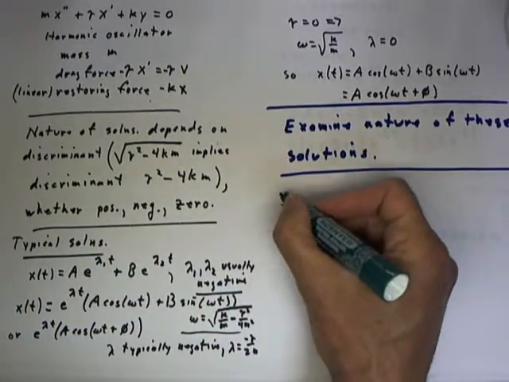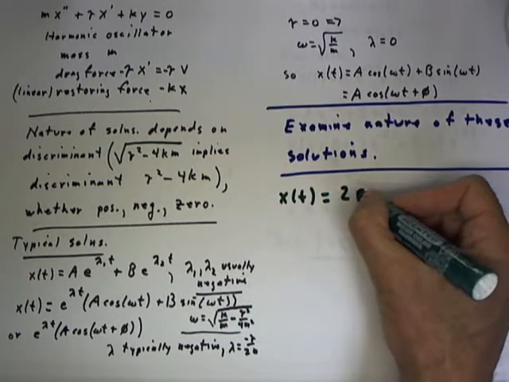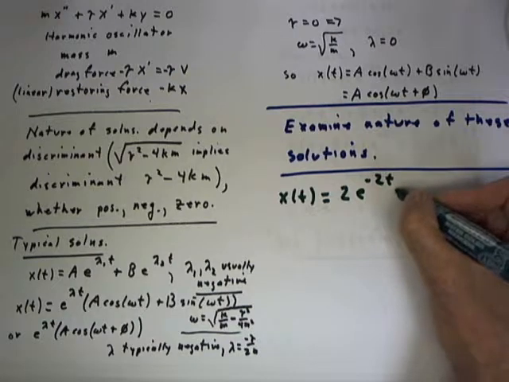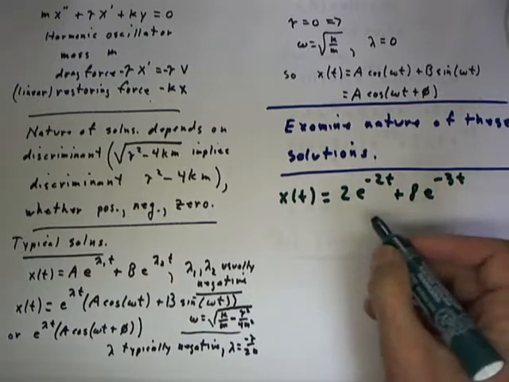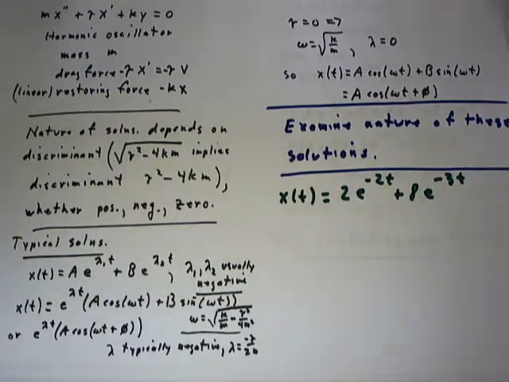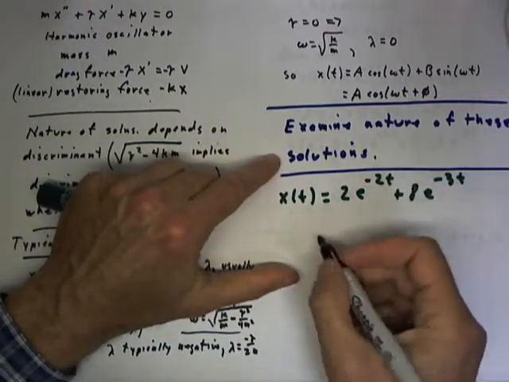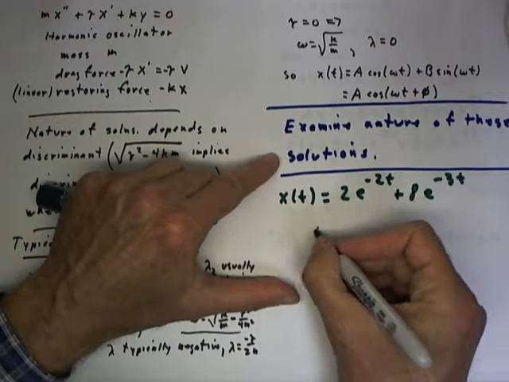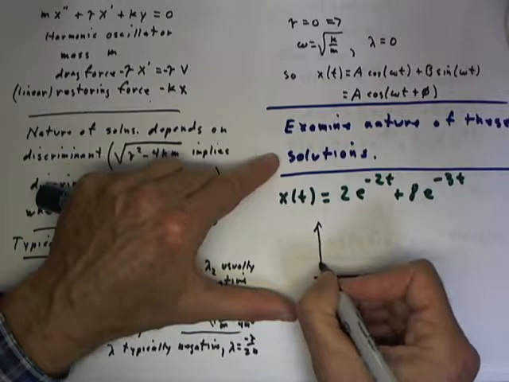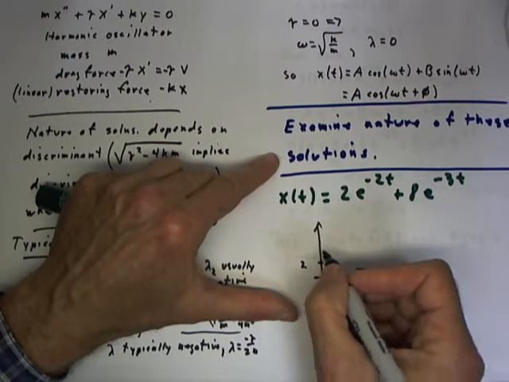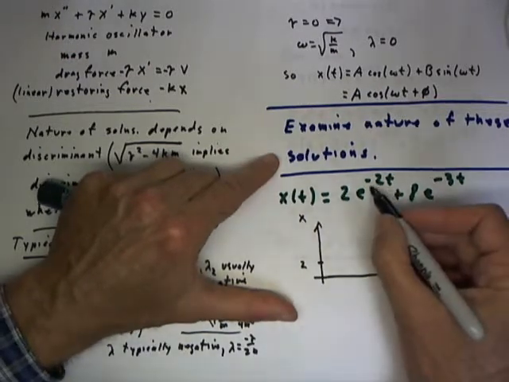Let's say our solution is x of t equals, let's say, 2e to the negative 2t plus 8e to the negative 3t. What's that solution going to look like? First of all, let's just think about the function 2e to the negative 2t. If we were to graph that function, its value would start at x equals 2, graph of x versus t,